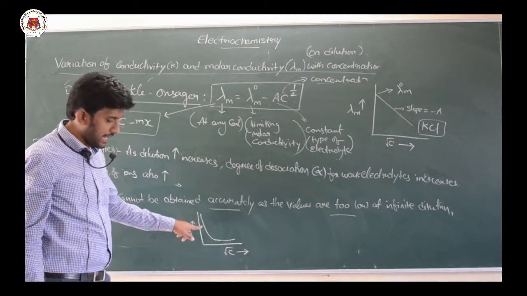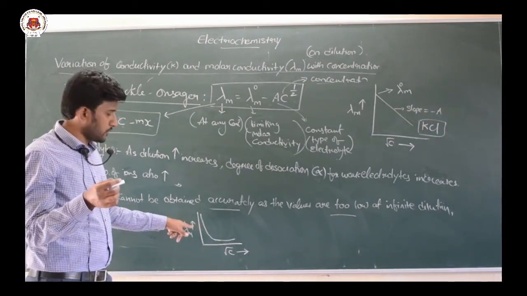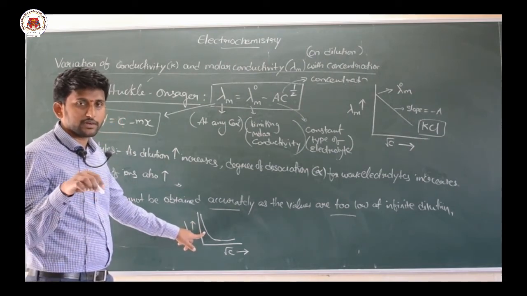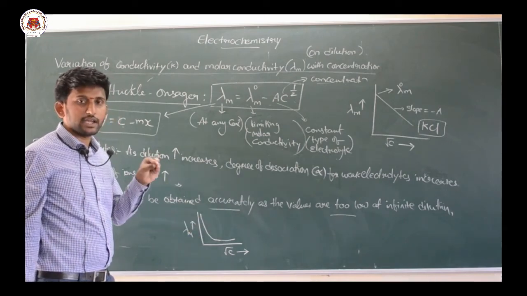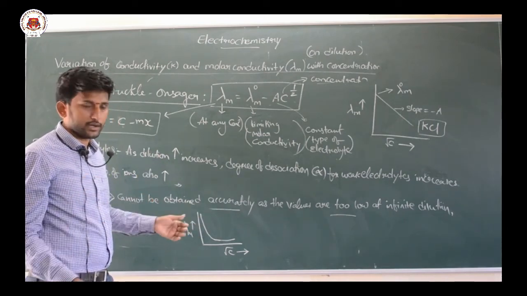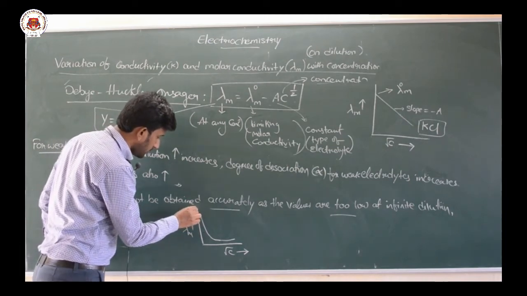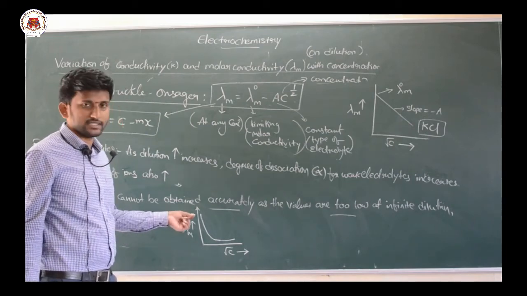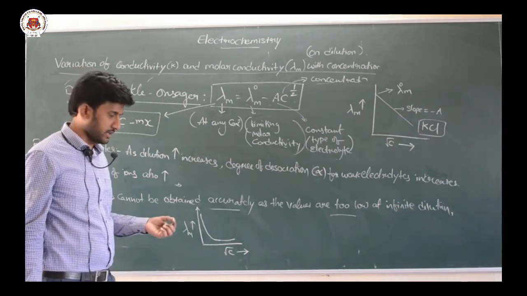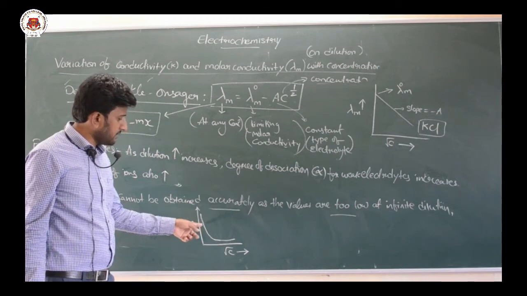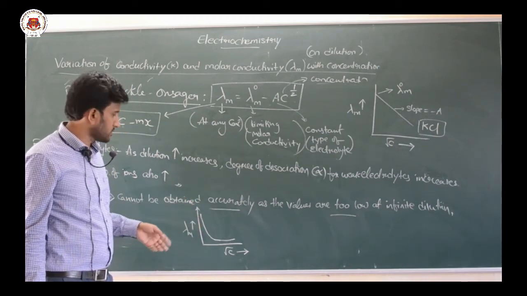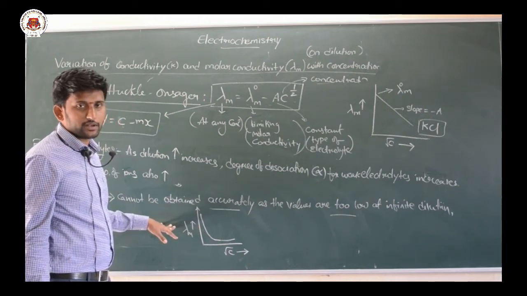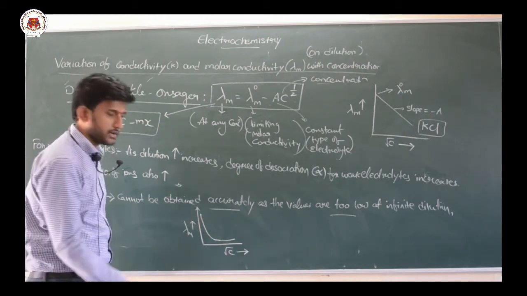Because the number of ions is decreasing, the conductivity values keep getting lower and lower, so you don't get an accurate value here. Only a very small increase is seen, so this line will run parallel to the y-axis. So you cannot accurately get the lambda naught m value